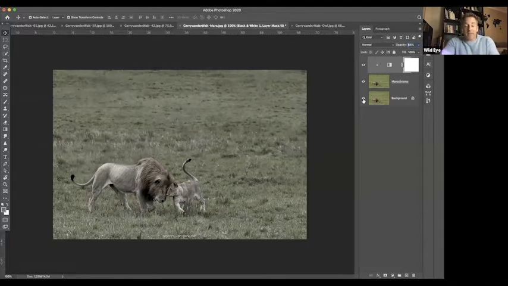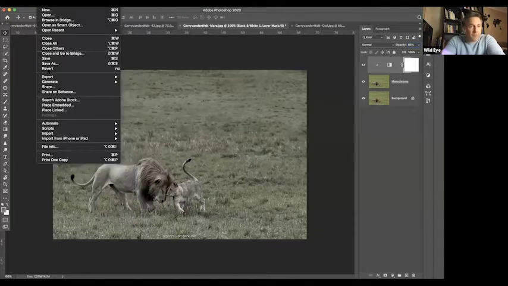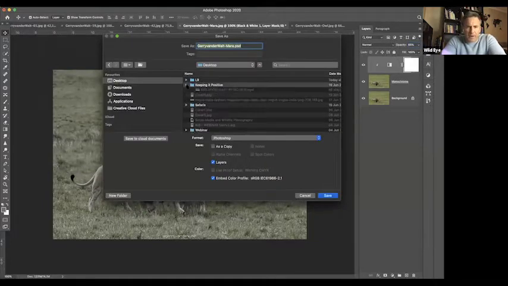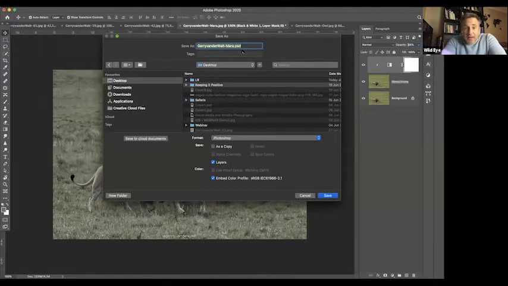Now, I'm going to, Turgay, I think you asked about how do I save a file, but come back and edit the layers later on. If I was going to save this file as it is now, watch what happens. I can go File, Save As. Let me just put this on desktop for now, right? And it comes up here and it automatically makes it as a PSD file.